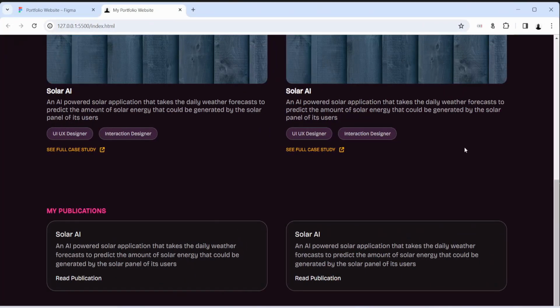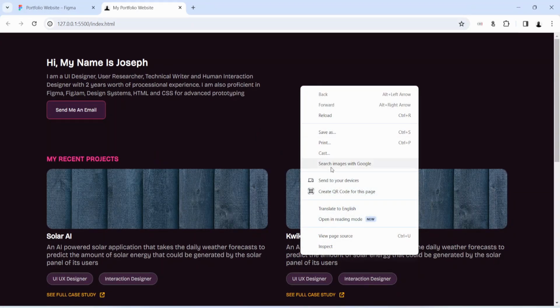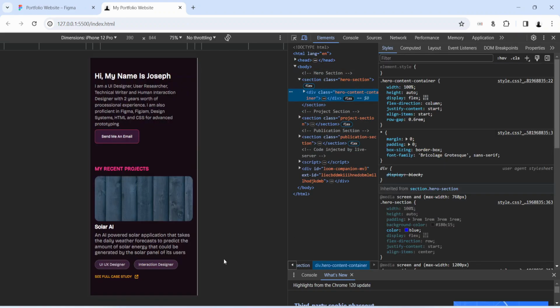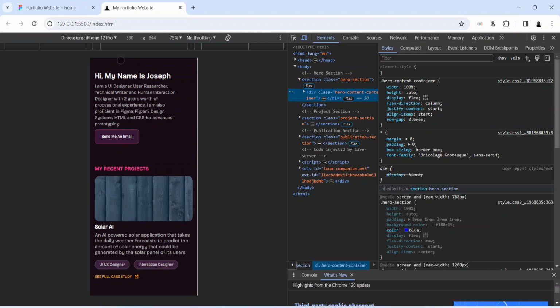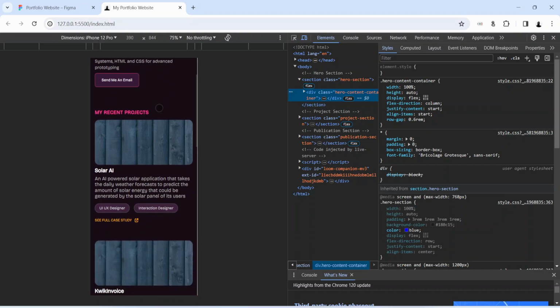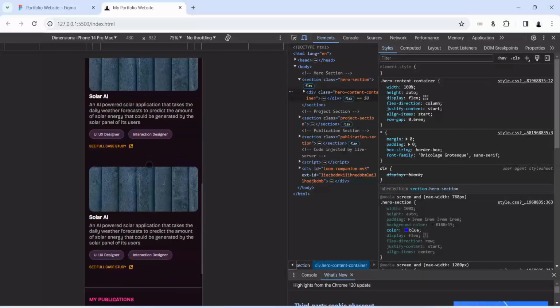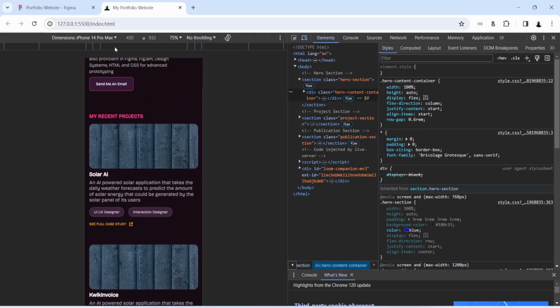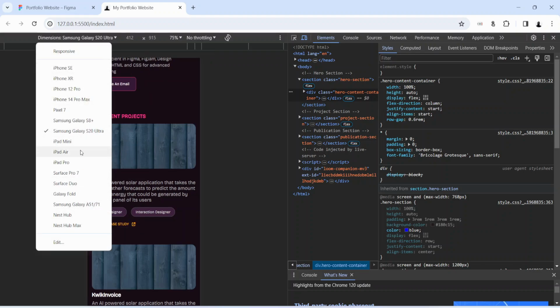So you can see that we have been able to create our portfolio website, and we have been able to make it responsive across different devices. I can use the toggle device toolbar here in the Chrome DevTools to switch between different devices, so you can see how it looks on actual devices. This is how the website will look in an iPhone 12 Pro. This is how it's going to look in an iPhone 14 Pro Max, right? And this is how it's going to look in a Samsung Galaxy. This is how it's going to look in an iPad Pro,